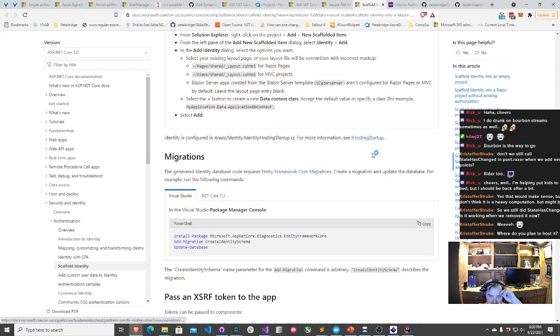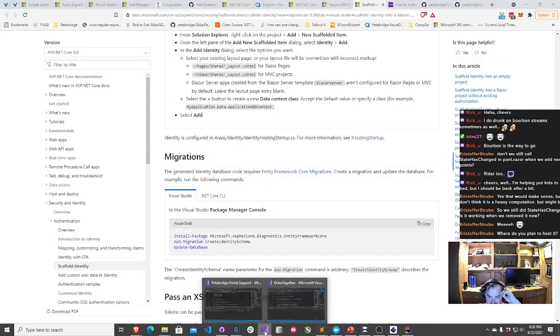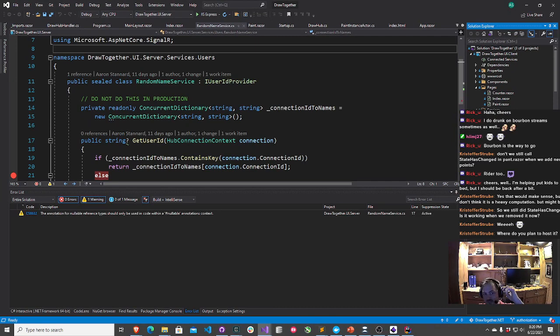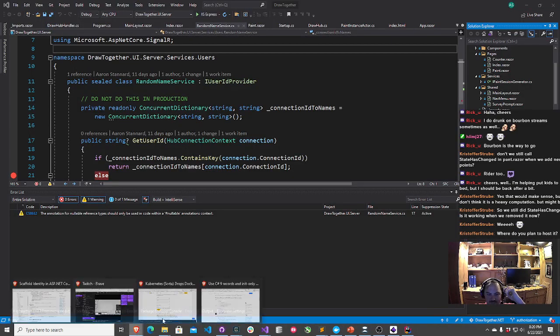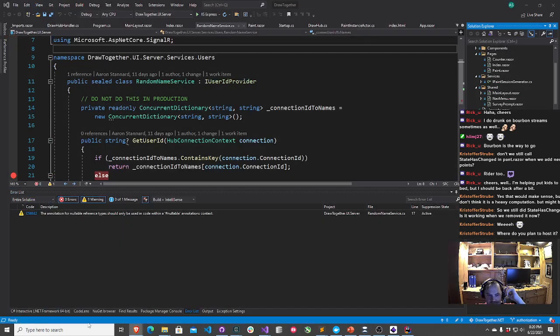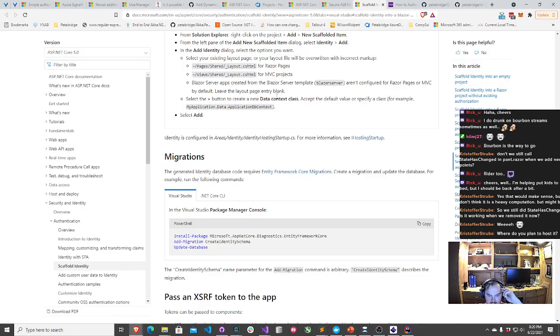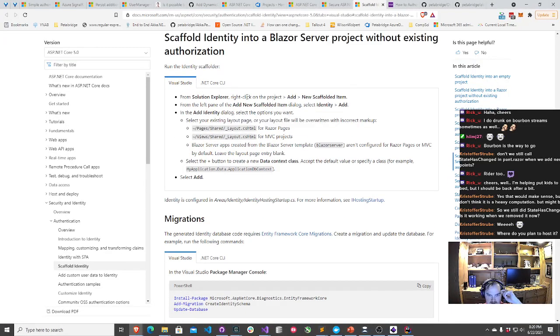Entity Framework. Yeah, sure. Why not? All right. Let's just do this. So let's see. The guide says I need to... Oh, probably the wrong window here. All right. I need to go ahead, add new scaffolded item identity add.